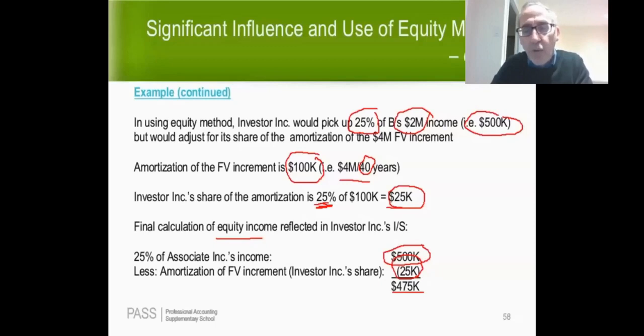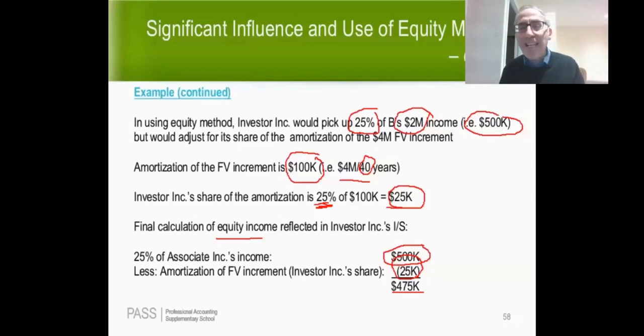The only income you would show is dividends. If you received, let's say A owns 15% of B, so A receives 15% of the dividends, they would recognize the dividends they're entitled to as income. That's it. So the cost method simply means that the investment sits on the balance sheet at cost unless there's an impairment, and dividends are recognized as income.